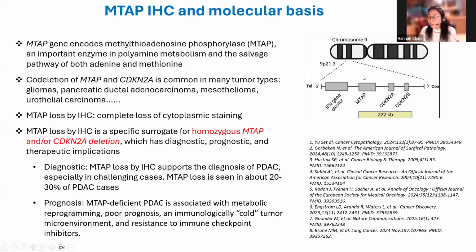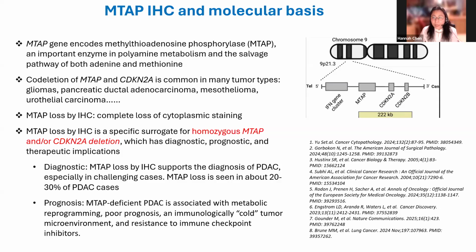We can see there are 4 important genes adjacent to each other, and the neighbor of the MTAP gene is CDKN2A. The co-deletion of MTAP and CDKN2A is very common in many tumor types, including glioma, pancreatic ductal adenocarcinoma, mesothelioma,